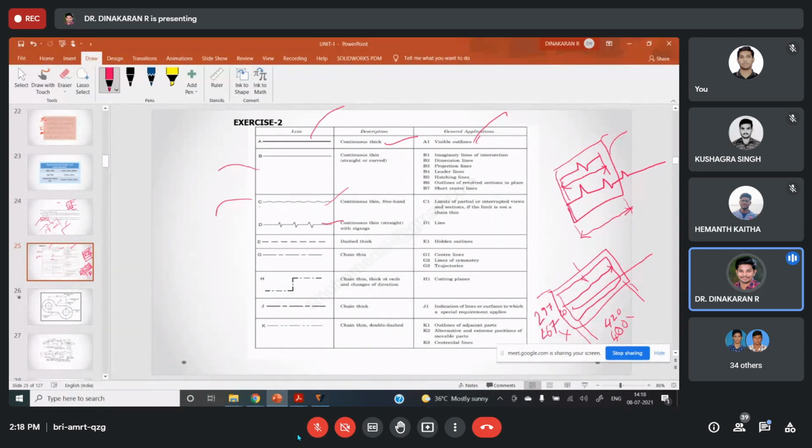That zigzag you drew itself means the line is a longer line, but you should mark only the original dimension. 1000 means 1000 only. 5000 means 5000 only. Any doubt on these four types of line? Thin line, thick line, zigzag line, freehand line.